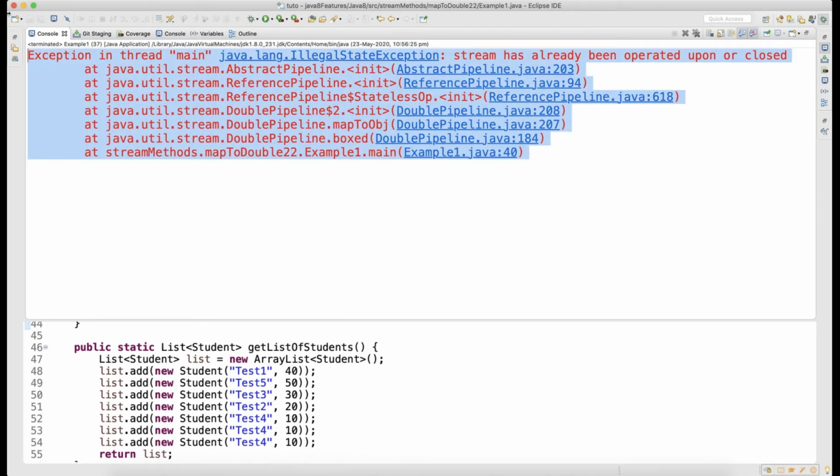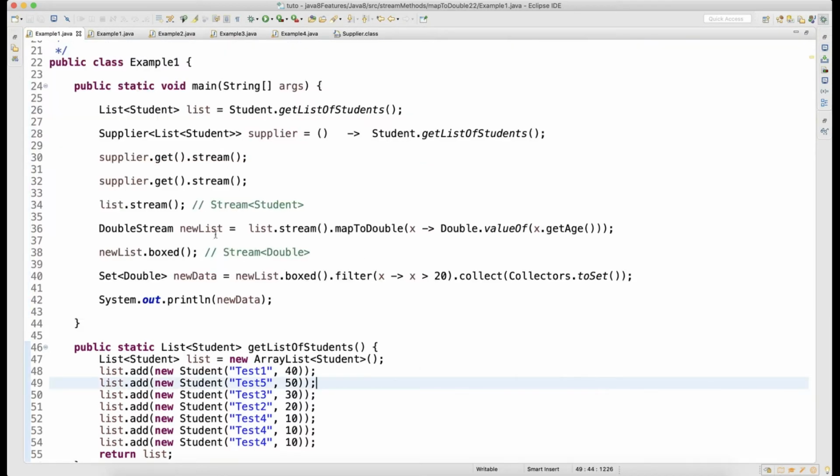No. You can see that your stream is already operated and closed and you are trying to process it, because here we had list.stream, then I'm doing newList.boxed, and the return type is a stream of double, and again I'm doing newList.boxed. That is the problem, guys. Everything should come as a supplier. If you don't use a supplier, you will always get this problem.